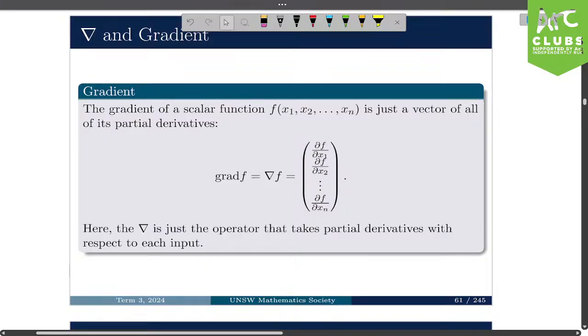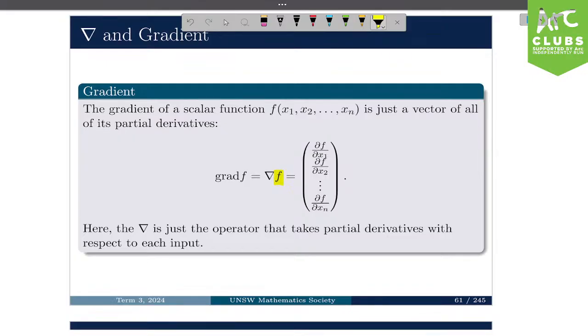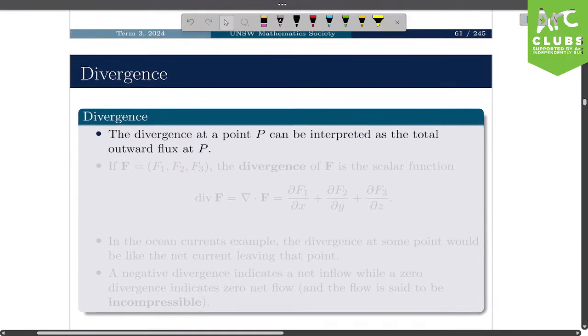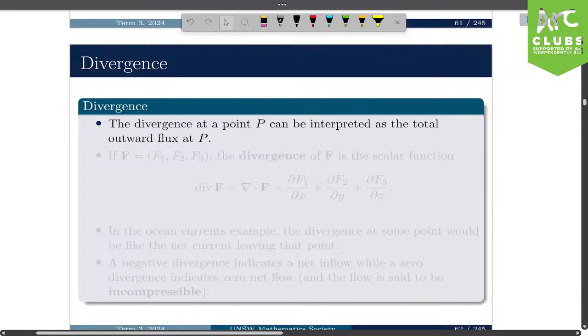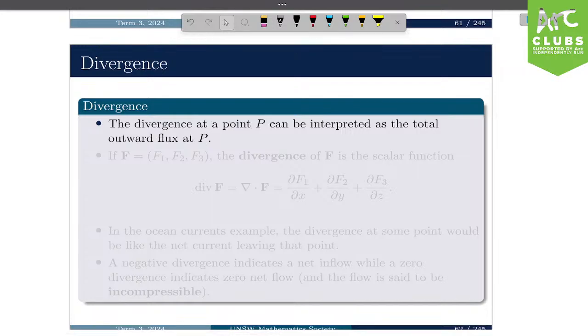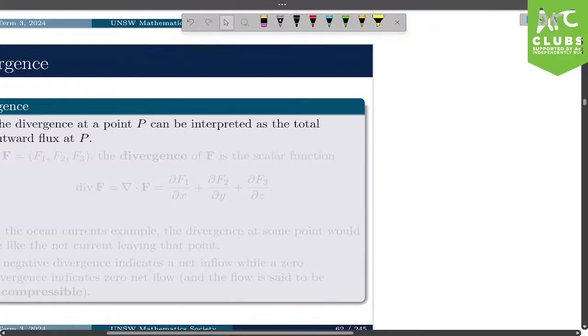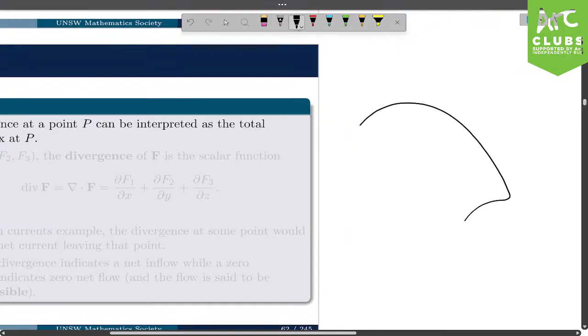But there's more that we can do with nabla. So this gradient takes scalar functions and gives us vector valued functions. Now suppose we want to do something with nabla and a vector valued function instead of a scalar function. We can compute something called the divergence. So the divergence at some point P, you can interpret it as the total outward flux. So what this might look like is if we have some